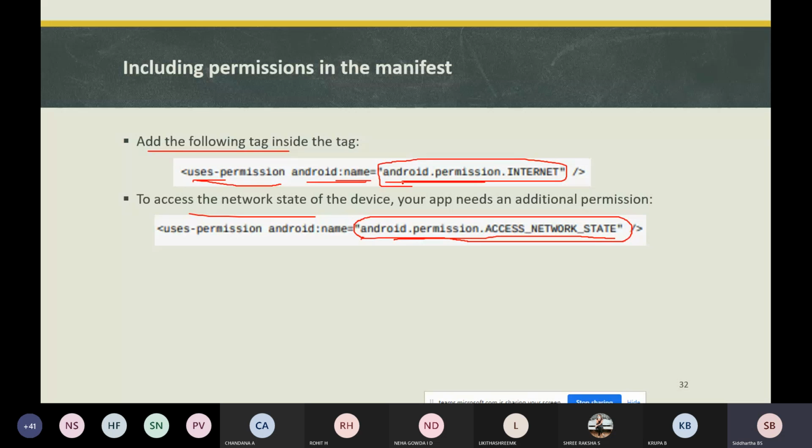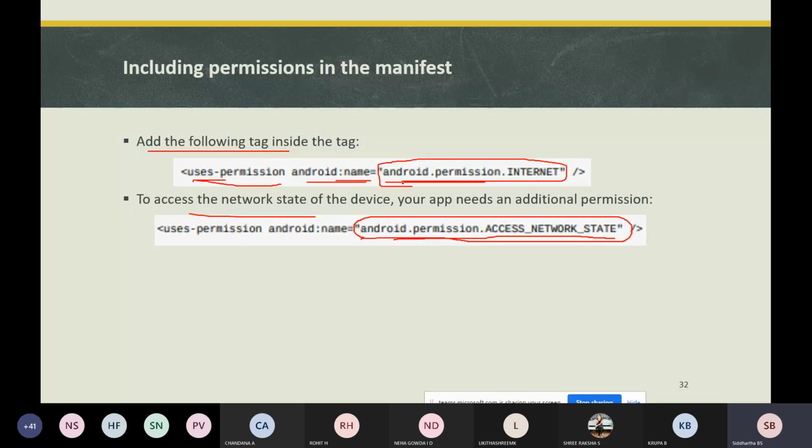Next is the getNetworkInfo method. We have created an object of the NetworkInfo class, and this method gets the status of the Wi-Fi connection or the mobile connection. What does it return?